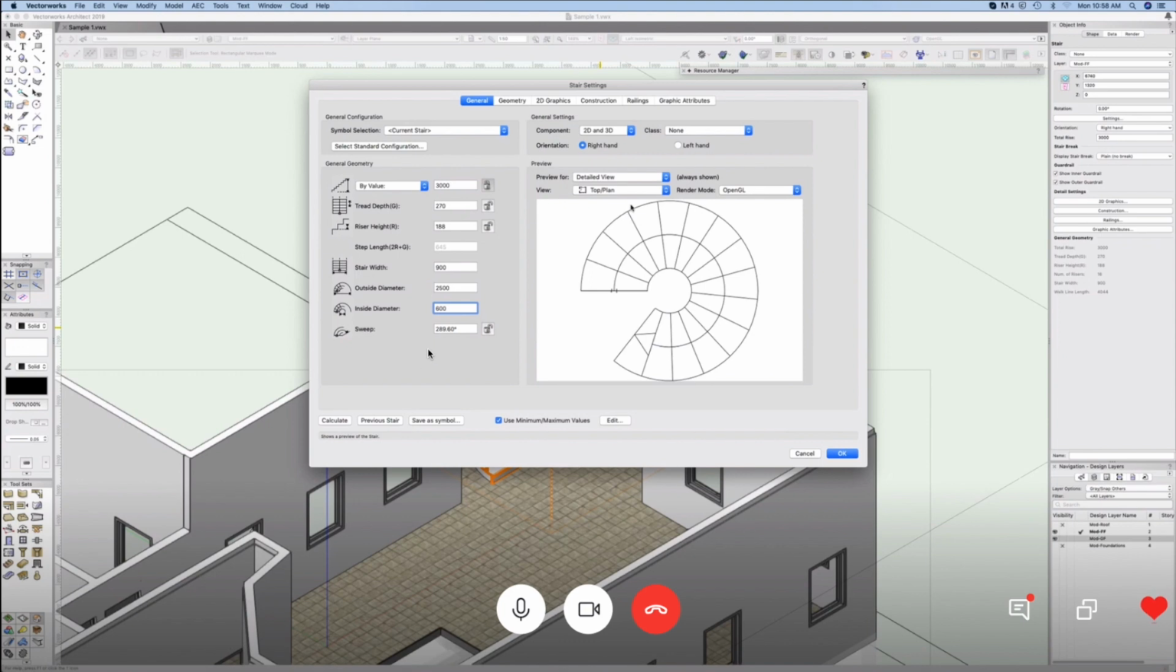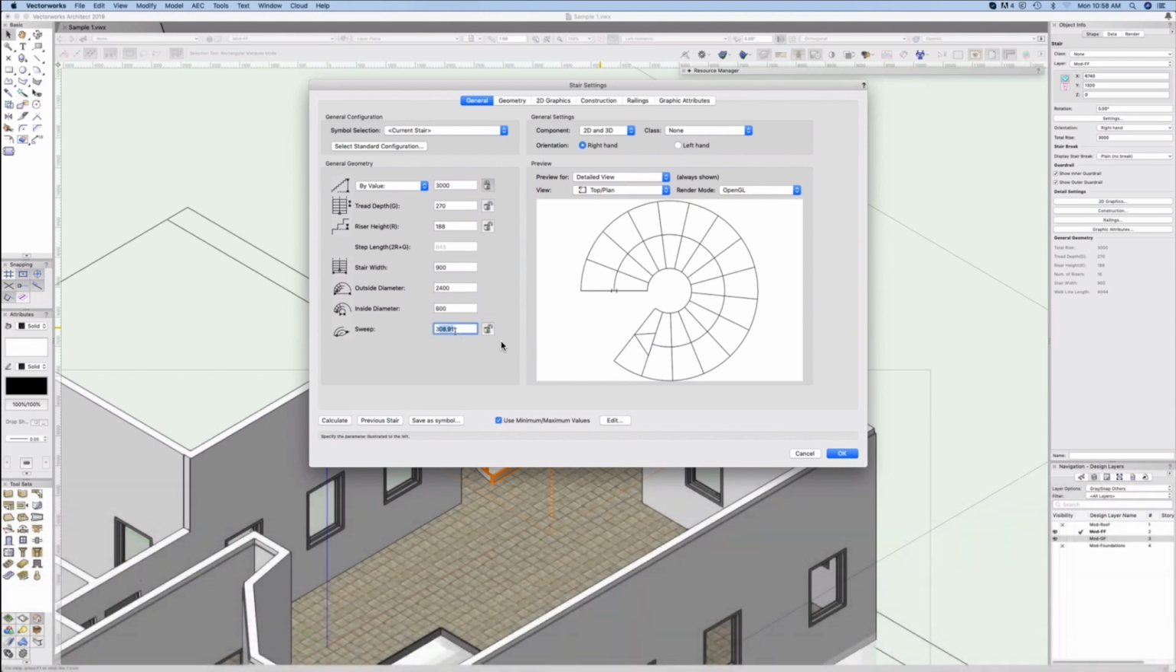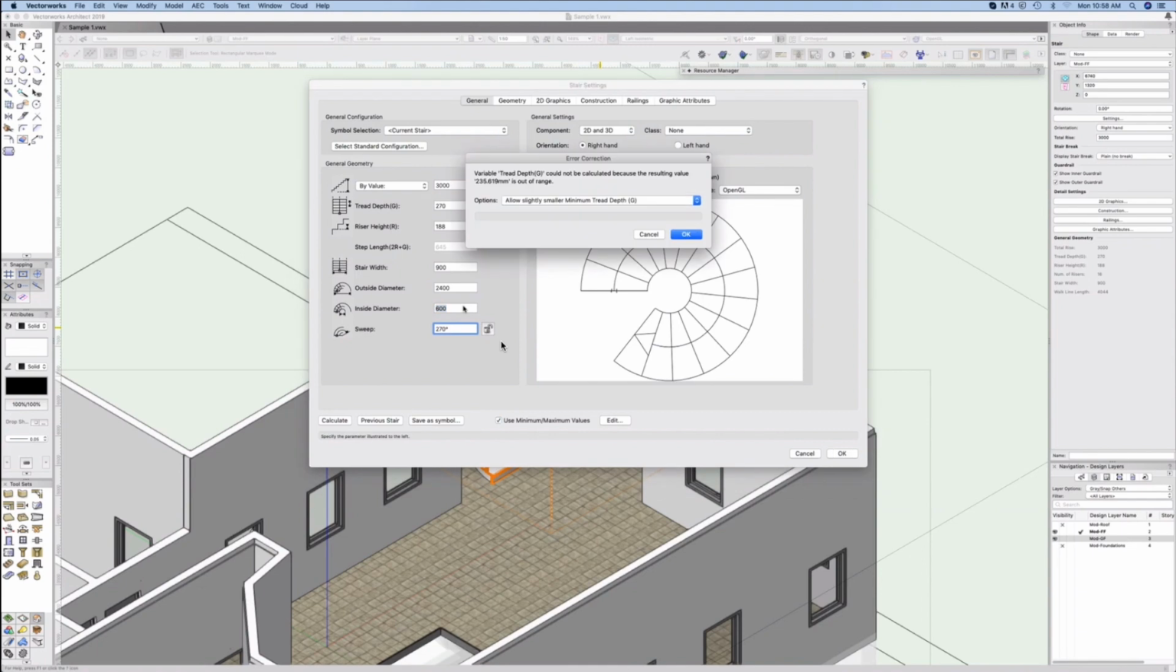Okay. Maybe the sweep angle. Maybe you only want it to sweep 270 degrees, not 289. If you do that, it will have to adjust. So change that to 270. It will have to adjust something in order to get that to fit. So what it's telling you is it's going to reduce the tread width, tread depth. Okay. And if you click OK,